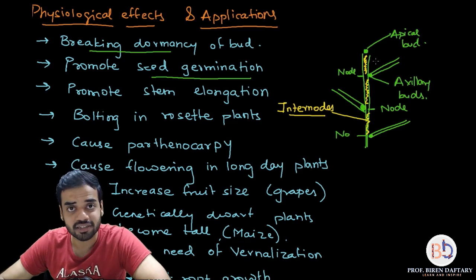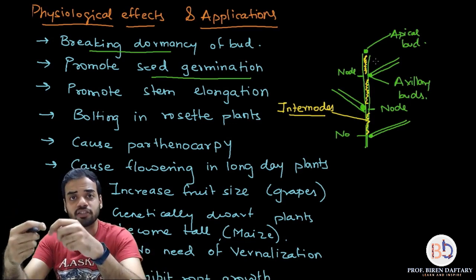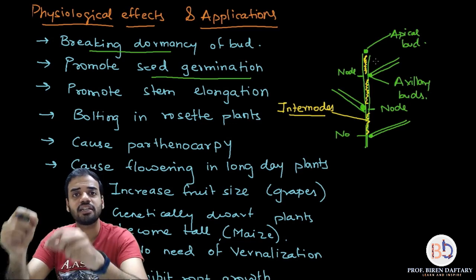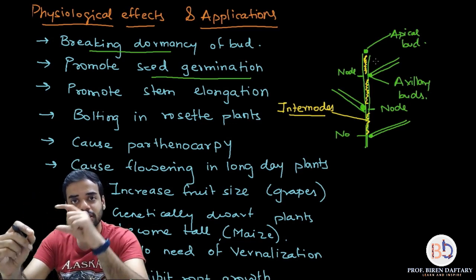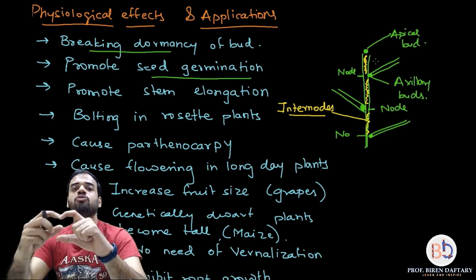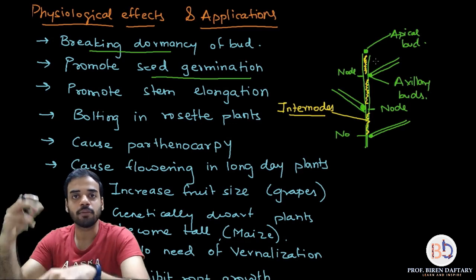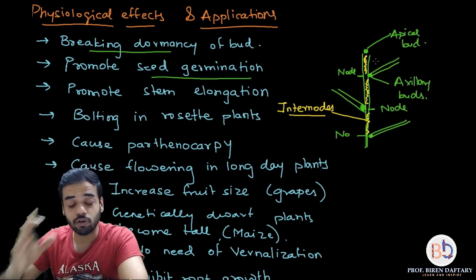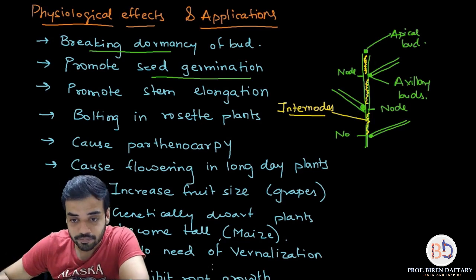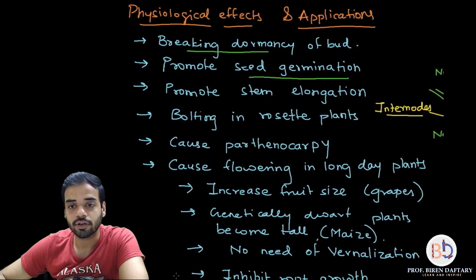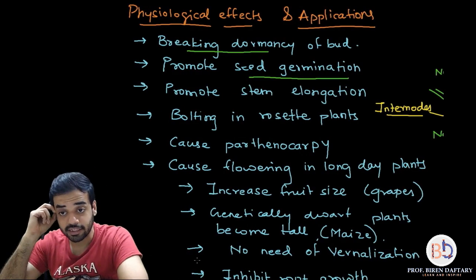I hope what buds are is clear. A stem which is growing branches, those branches will grow from buds, and buds are present in areas called nodes. The area between two nodes is called an internode, and these internodes grow in length because of gibberellins, and that is why the entire length of the stem increases. So I hope that is clear. That is the next point which I wanted to explain. All right, so that is stem elongation.